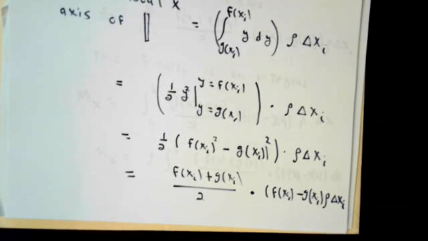You can write the result several different ways using the difference of squares formula. A squared minus b squared is a plus b times a minus b, and grouping the f of xi plus g of xi and the 1/2 together, the moment about the x-axis that goes with that one vertical strip is